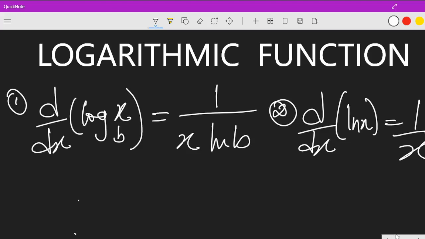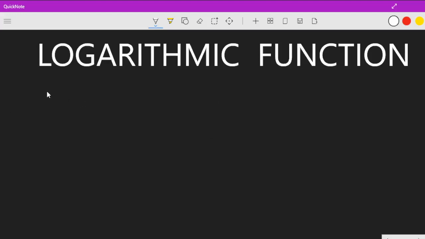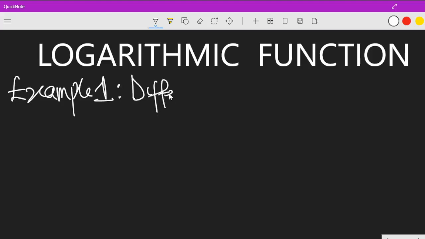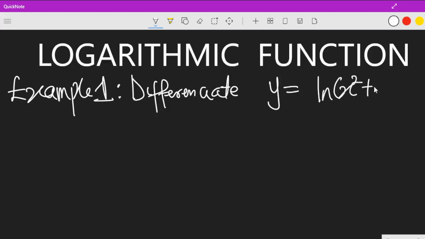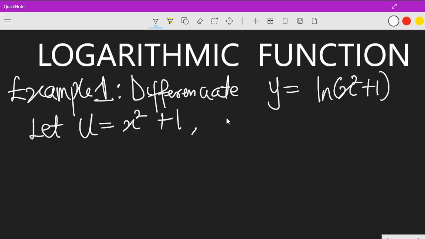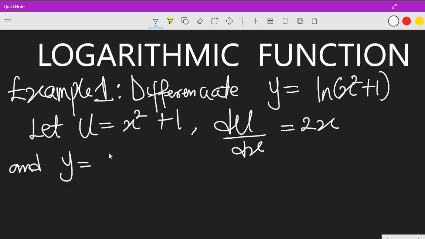So let's have, for example, differentiate y is equal to ln of s squared plus 1. So let u equal s squared plus 1. If u is equal to s squared plus 1, let's find du/dx, which is equal to 2x, and recall that y is now ln u,